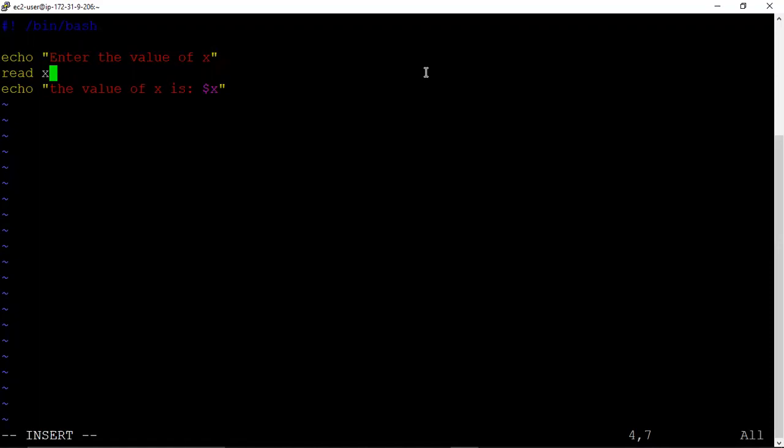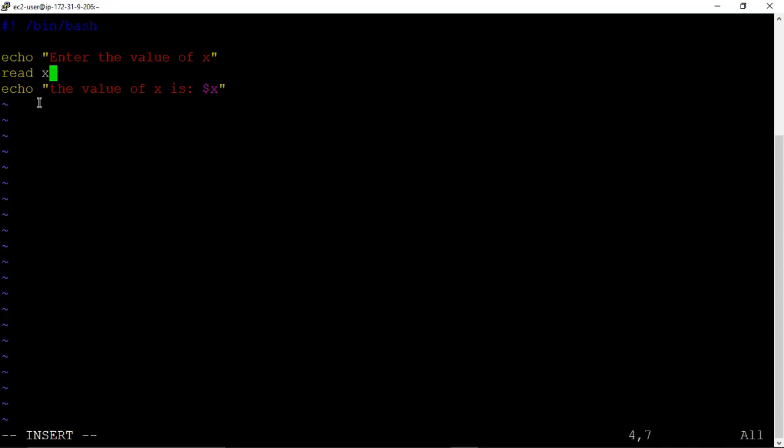Please listen to this very carefully. Using the first sentence, this echo command, we are asking the user to enter the value of X. Then we use this command, read X, then X acts as a variable.